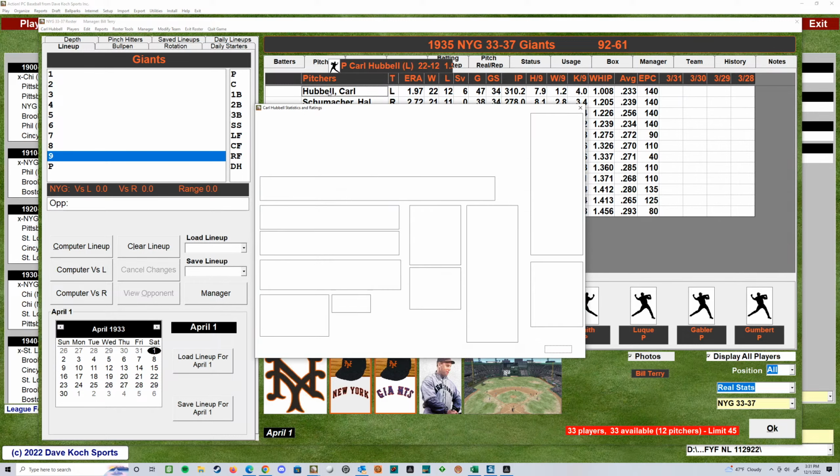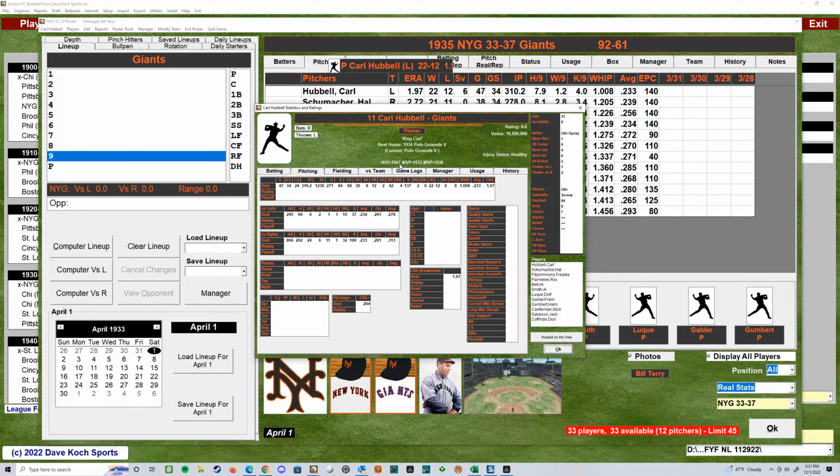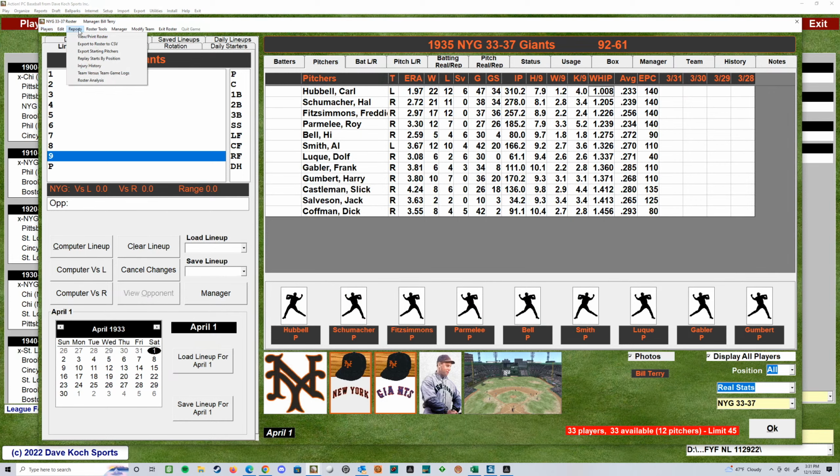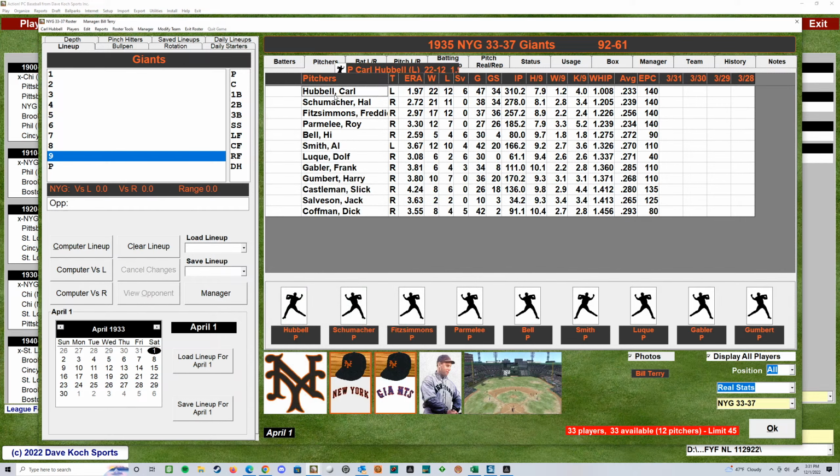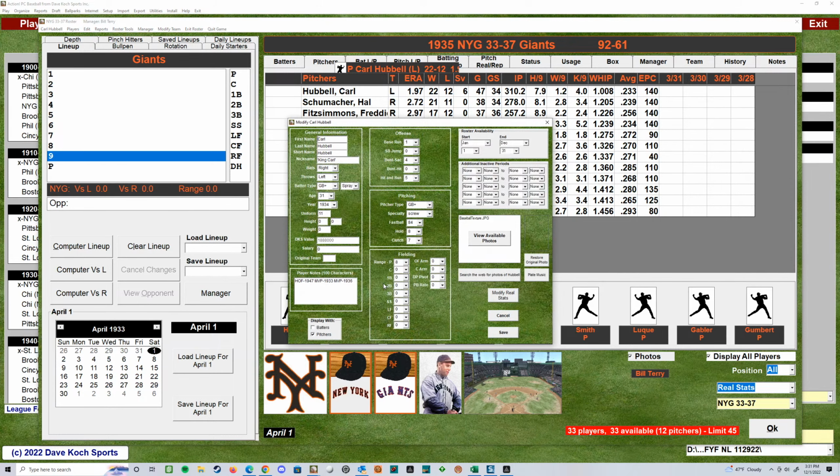The other thing I would love is if you see here where you can put all the game information under notes. Let's see, where can I edit the notes? I was just finding that. So if I go to Carl Hubbell and hit modify player, it'll pull up his full player card. You've got 100 characters. I thought, how cool would it be if that was more characters and you could just put down a short bio. You could go to the SABR site where they've got bios and just put a little story or a little blip about the player. From a history perspective, that would be pretty cool.